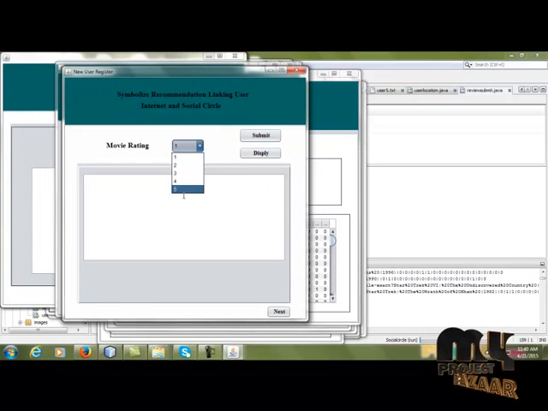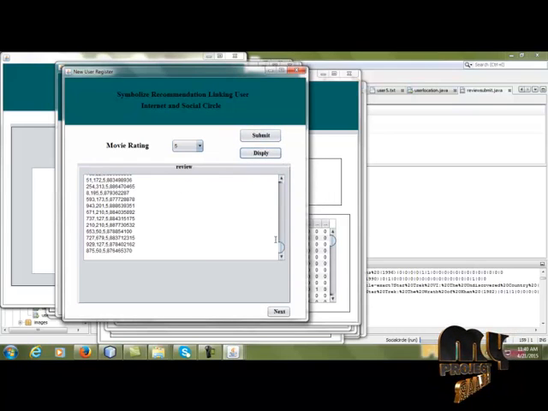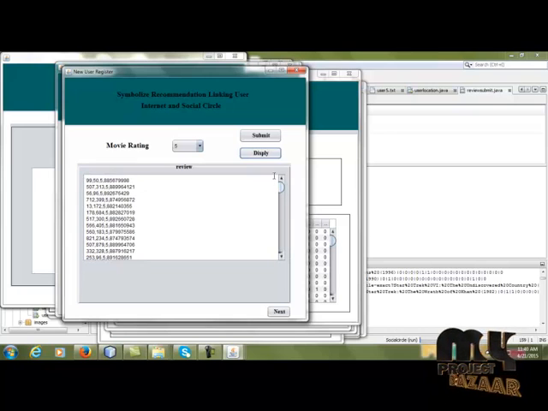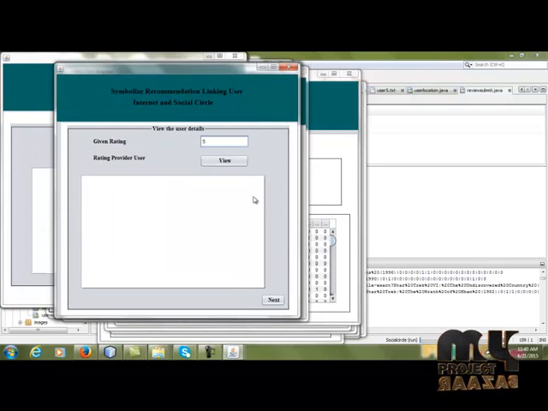That means it is a multi-keyword search. You have to click 5 rating, then submit a selection. After that, click submit, and you can display. Only 5 users are predicted. The third one is the rating item. After that, you have to view the rating-providing users. It will take some time, because it uses more heap size, so the result will be shown a little late.